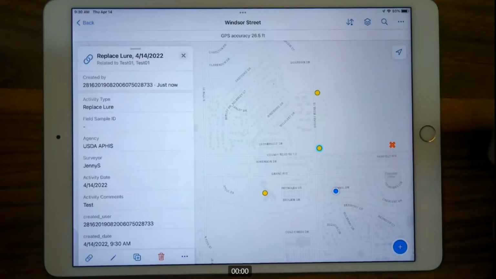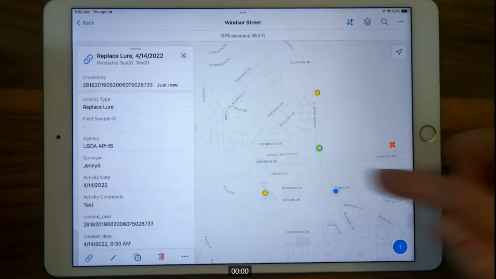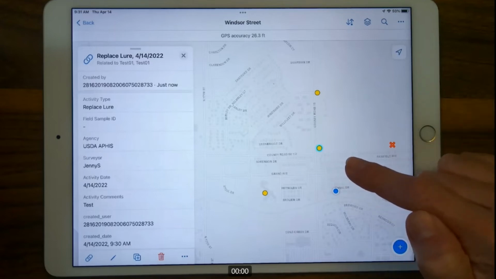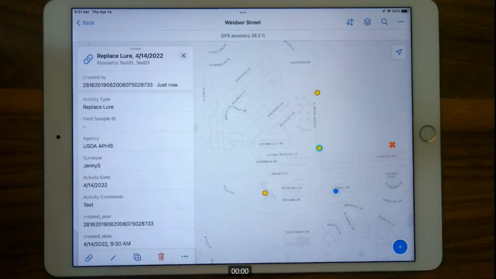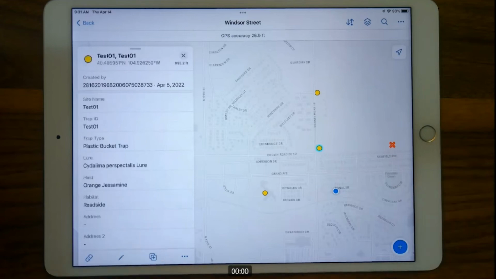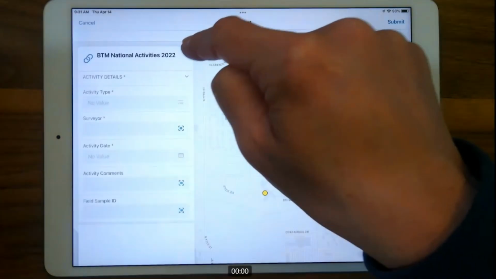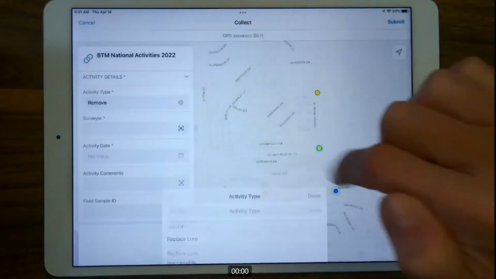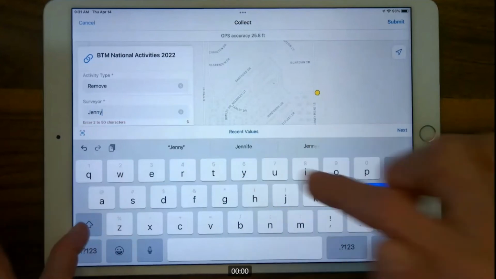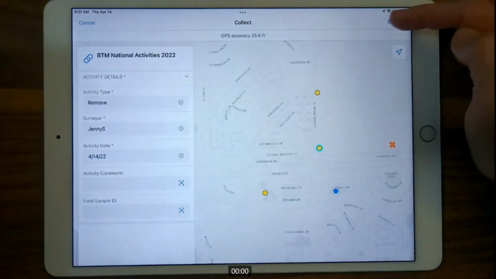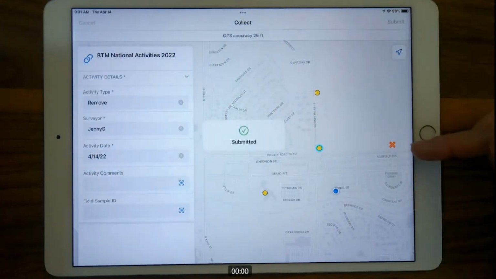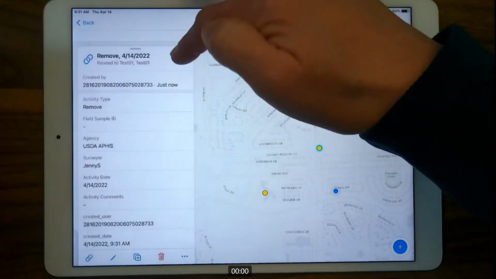Let's go back to that relocate workflow, so that if I was going to relocate this trap now, I would have to record two edits to the previous or the original location. That would first be to do a trap activity as we just did. Let me add one here, which would be the activity type of remove, right? And I'd have to submit. And then secondly, I need to update this so that the trap itself is inactive,